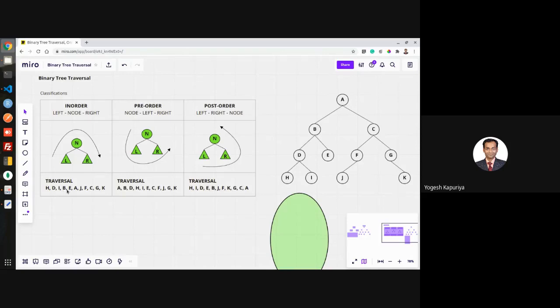Once you have this string plus this or this string, then you can generate this tree. We'll discuss how it can be done, but not today. So is there any doubt in this?